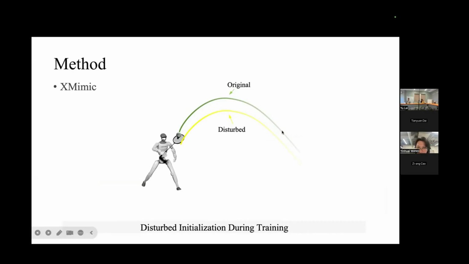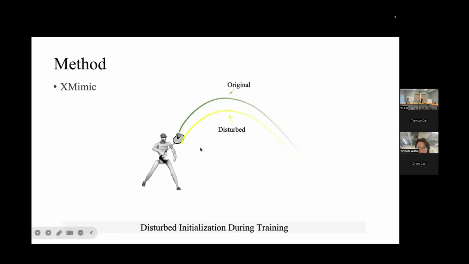So if you learn only one data, it is very easy to overfit to that data. So we need to introduce some disturbance to the initial position of the object so that the trajectory can be changed in a small area, to avoid overfitting.